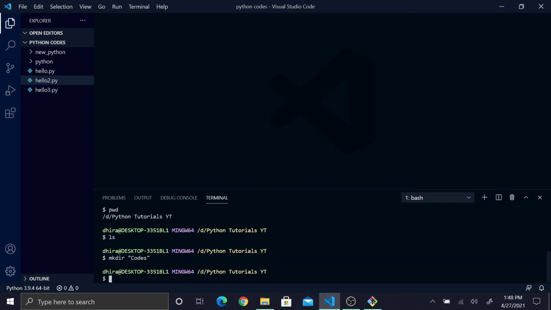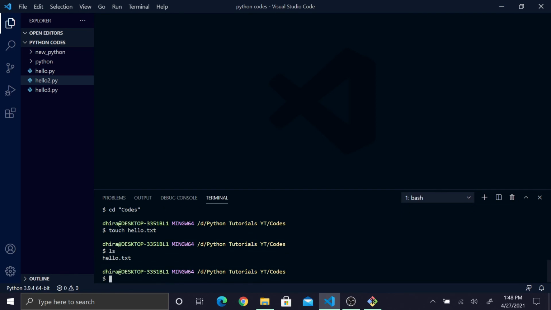Now I'll be moving inside the codes, cd. Now I'll be making a text document here, so touch hello.txt. Now if I type ls, you can find the hello.txt file there.